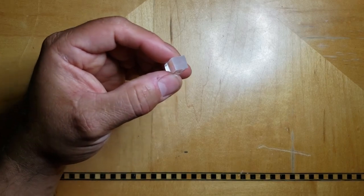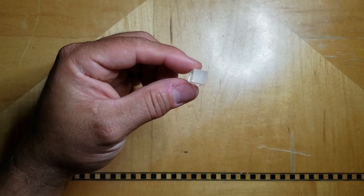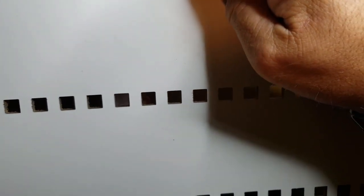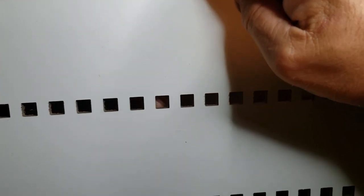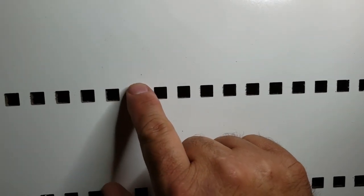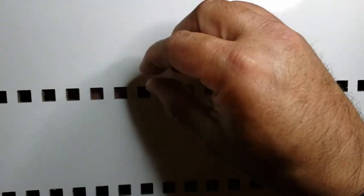So let me give you an idea. I did a couple of trial runs with this stuff before I did the final board. And so this is one of the boards that I used for a trial run. Actually, you know what? This is not even going to fit in here because on my initial runs, this hole was just a little undersized. But basically, you can get the idea of what